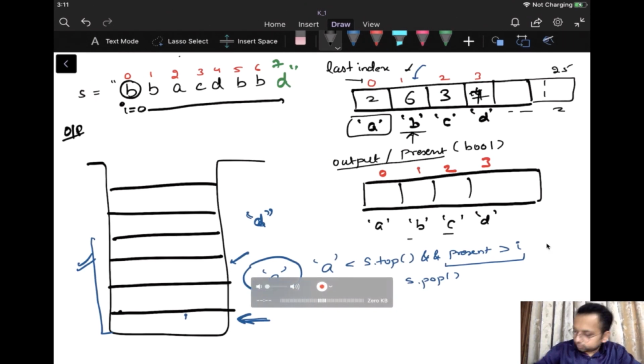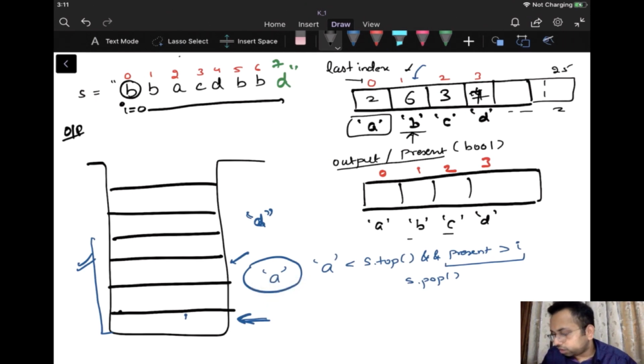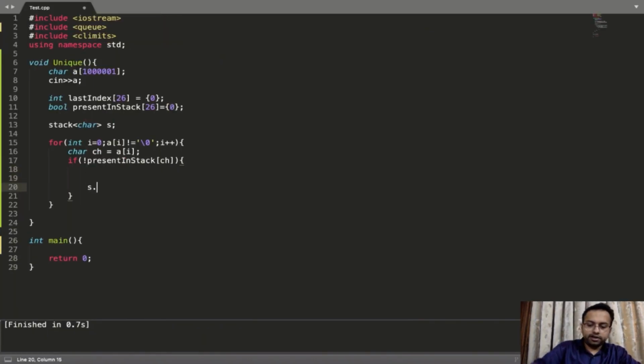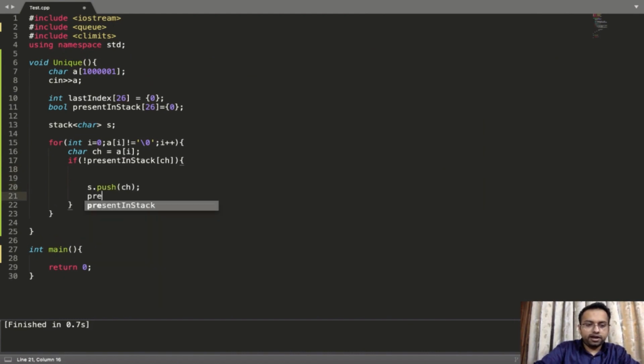Right now this character is not present inside it, so I'll simply insert this character and mark that it has been inserted into the stack. So let us write s dot push this character, and I'll write present in stack for this character and mark it as true. So we have marked it.